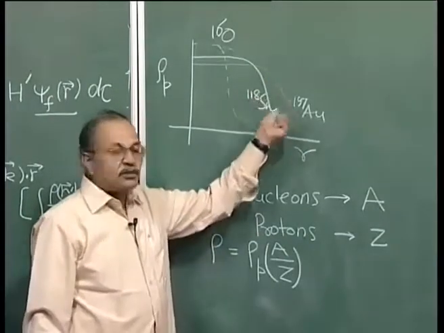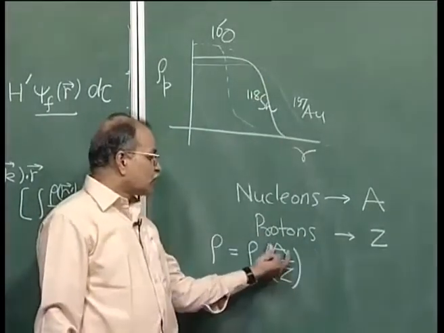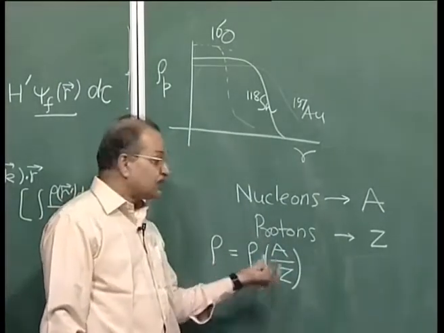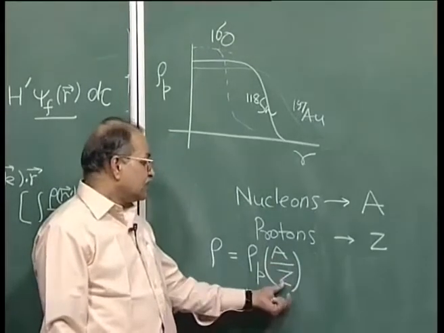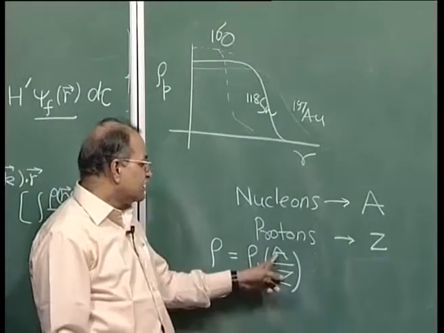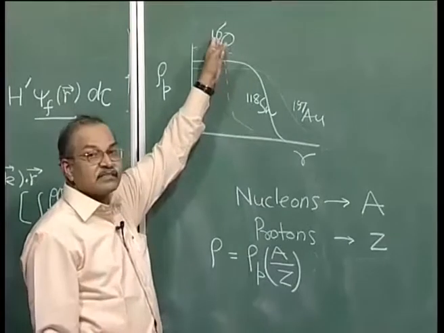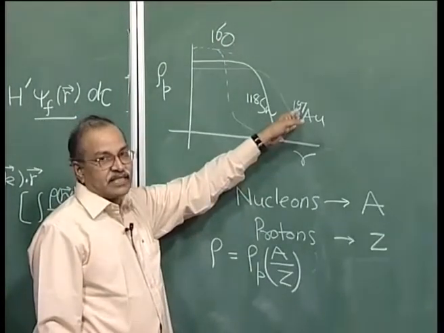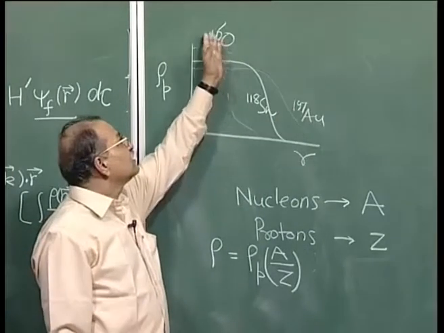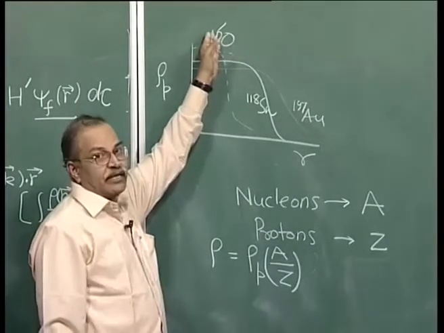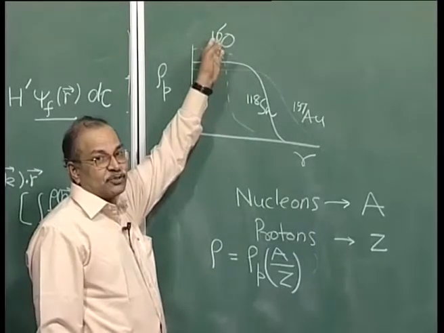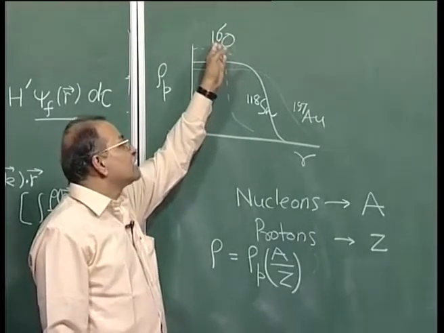Okay. So, total should be A, not Z, if you are talking of mass. So, you multiply everything by this A by Z. Now, A by Z, this number is different for oxygen, different for tin, and different for 197 gold. For oxygen it is just 2: total A is 16 and the proton number is 8. So, A by Z is 2, you have to multiply it by 2, but here the